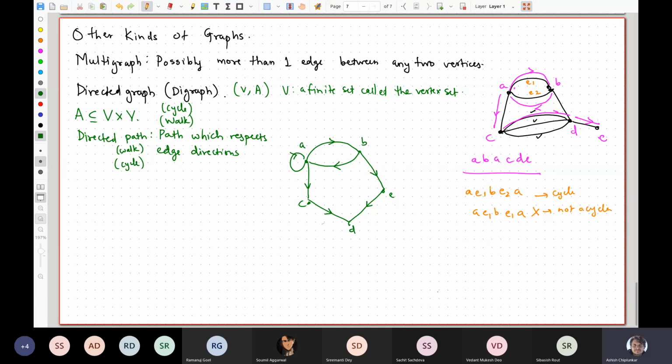Sir, here A to A is also a path in a directed graph. Means then we could have an edge from A to A. Yeah, that is allowed because A is a subset of the set of arcs, right? So in the context of directed graphs, edges are usually called arcs. So the set of arcs is a subset of V cross V. So potentially it could contain an arc of the form A comma A. Okay.